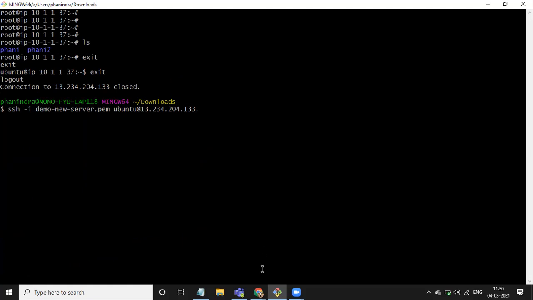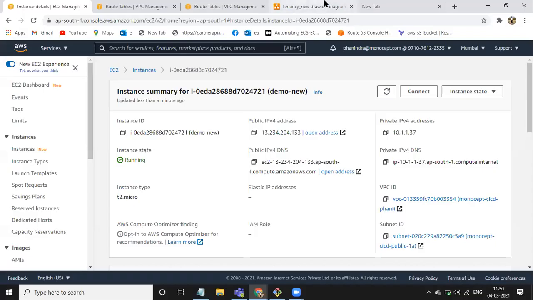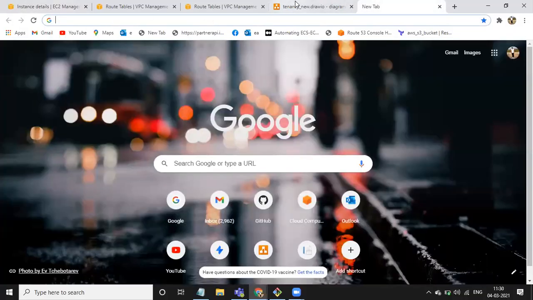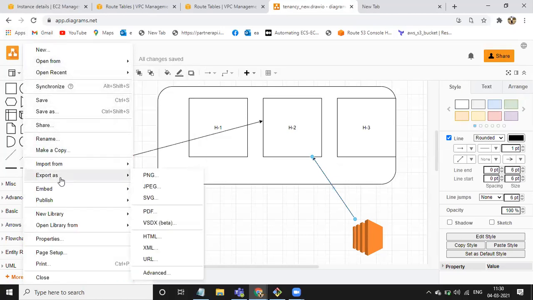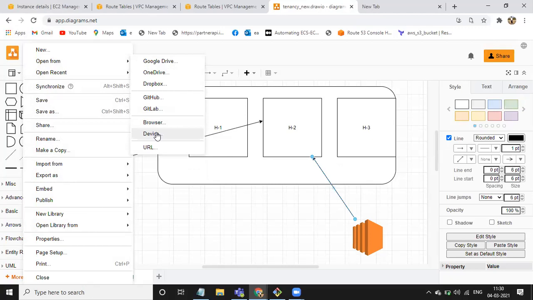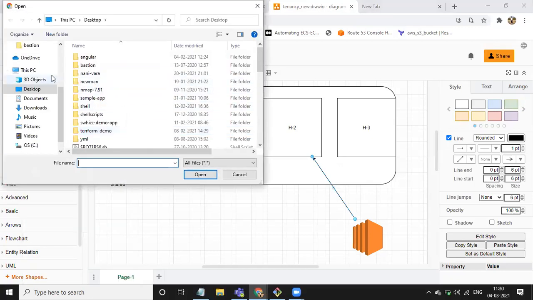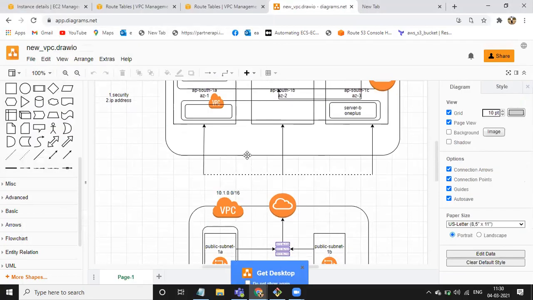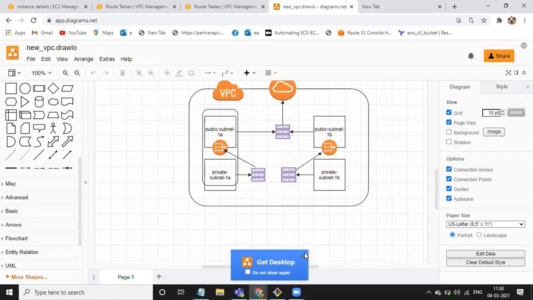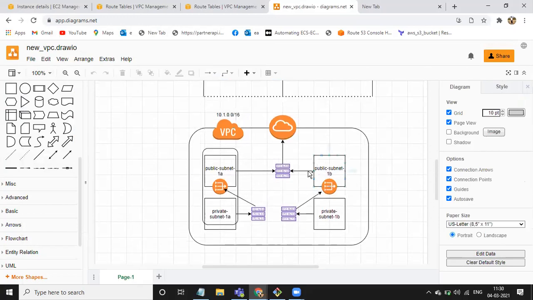See, if you look into our architecture diagram, which I have told you, basically all the applications we are going to deploy in the private subnets.